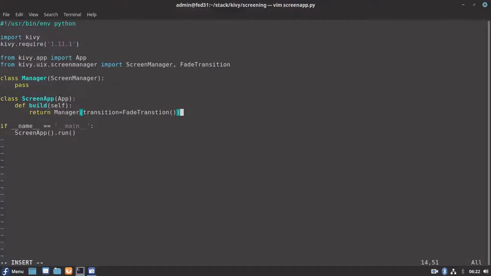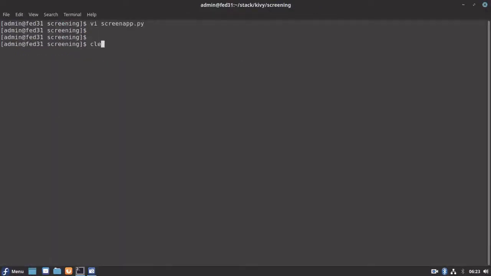Okay, so here I think there is a small mistake in the name, fade transition. I missed the I here, so let's update it and try to run it.